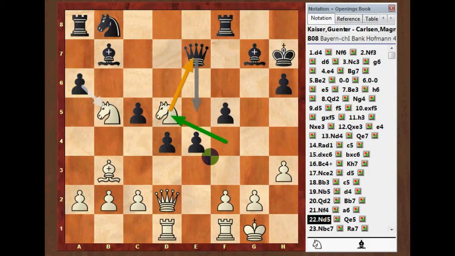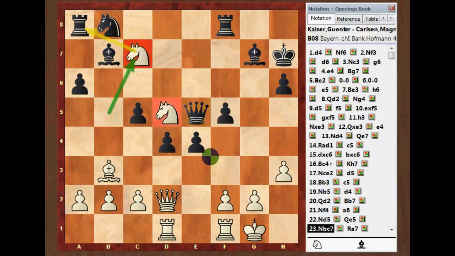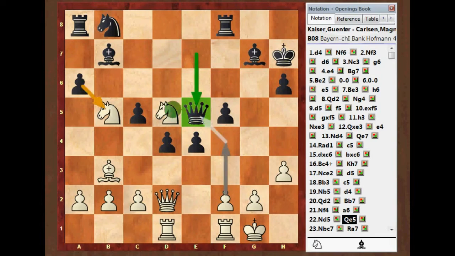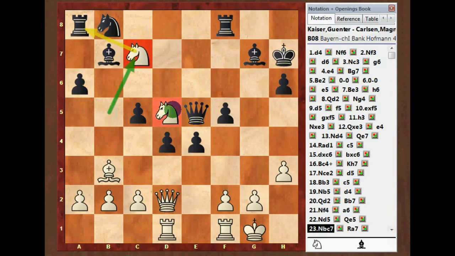square. Queen has to move. Queen moves to e5, attacking the queen. Now Guenter has the option to move either this knight into c7, or perhaps the other knight in d5 square, and it is now threatening the rook here,